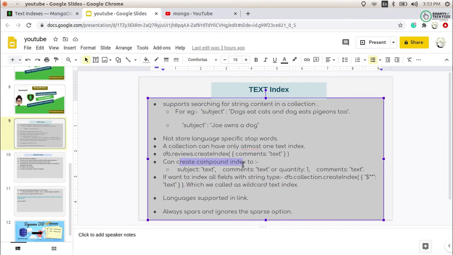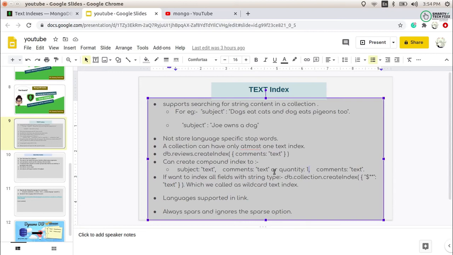You can create a compound index with the text index, but in that case it should be the same text type of index. It is a compound index, so it will create a single index with two values. You can also create an index with the other one as ascending or descending order, you can even do that.